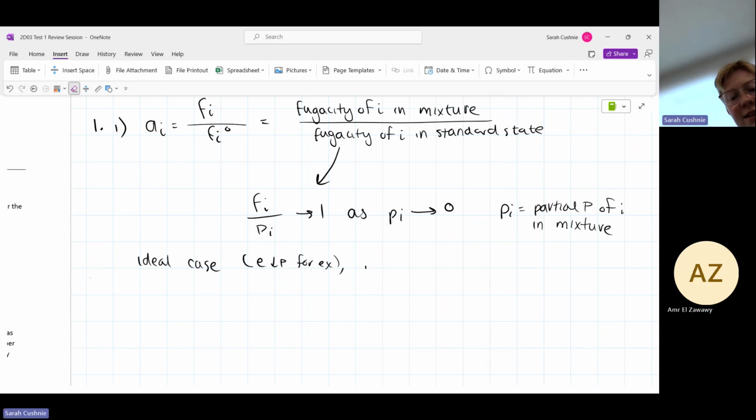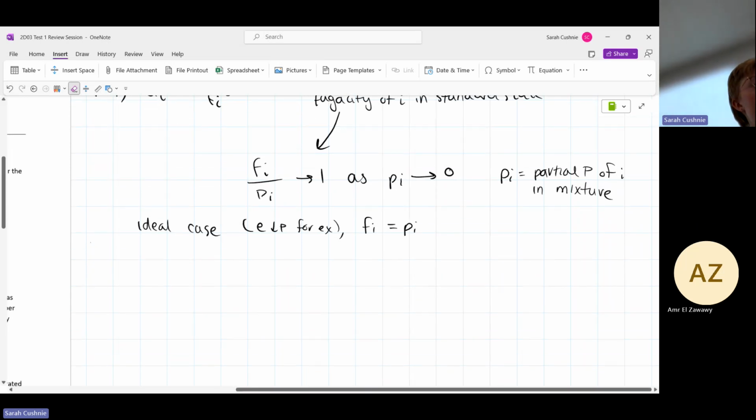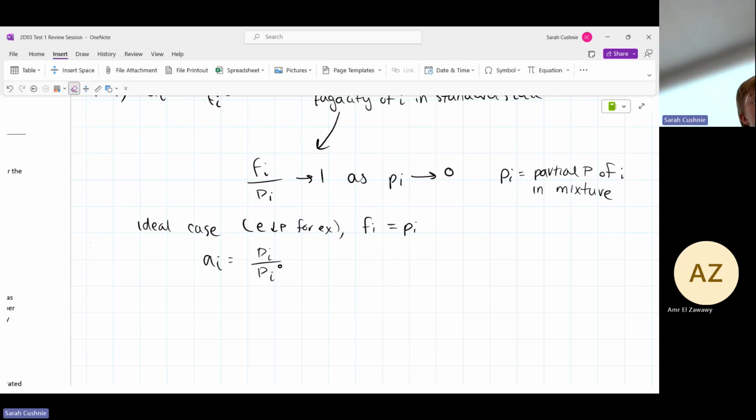What we just talked about for fugacity is that the fugacity is going to be equal to the partial pressure of that constituent. So we can rewrite the activity as the ratio of the partial pressures. And this is a bit easier to visualize because you're like, okay, it's the partial pressure of this component i in the mixture versus when it's in standard state. And standard state is, at least for me, easier to visualize when we're talking about gases and pressures because I know what a pressure is. What is fugacity? It's really hard to actually figure that out.